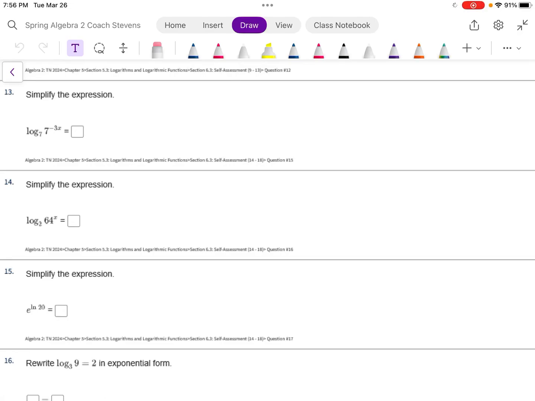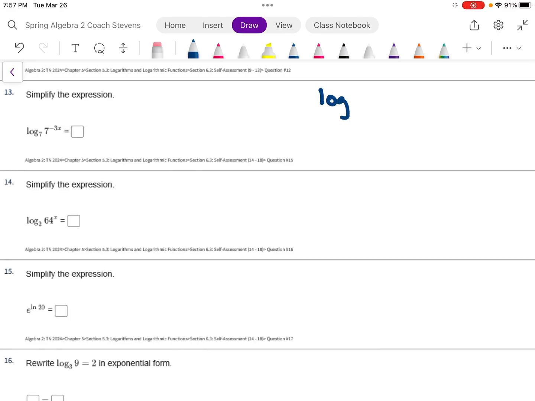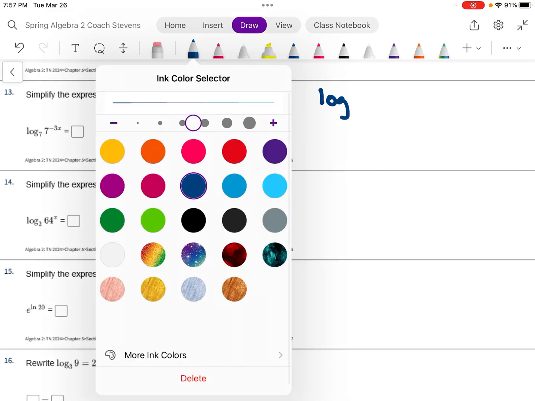All right, so let's take a peek at numbers 13 through 15. Here's a quick little video on these little guys here. And these are a couple properties I should have put in your notes. They're actually really easy. When you have a log and you have a base,